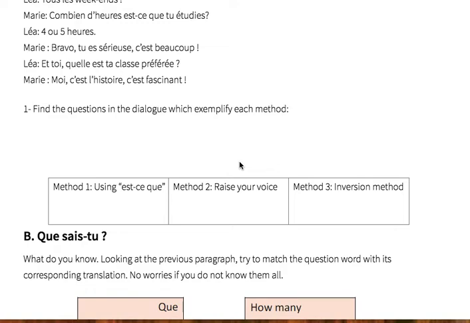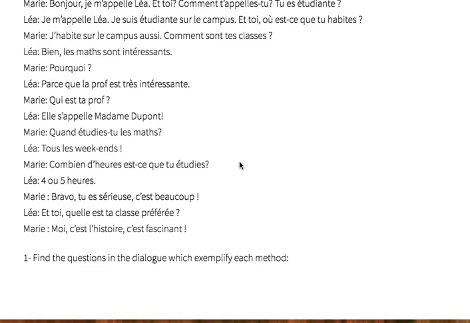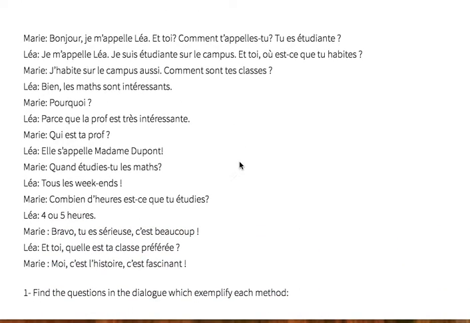To ask a question in French, you have three methods available to you. When you look at this reading that you listen to and read yourself, you can find that there are two people talking and a few questions in there, but there are different ways to ask them. For instance, this question, comment t'appelles-tu, is very different than où est-ce que tu habites and different than tu es